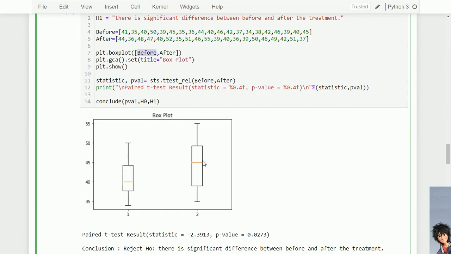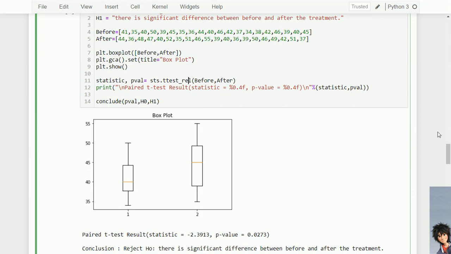Let's verify. Use again scipy.stats.ttest_, and here there is only one change: the observations are related, so we use rel, before, after. Here we can also use the alternative hypothesis option.